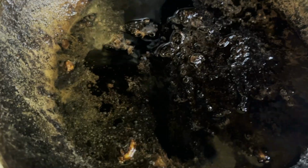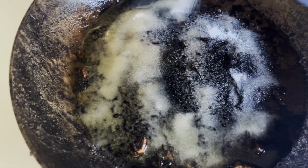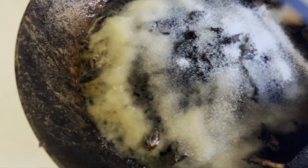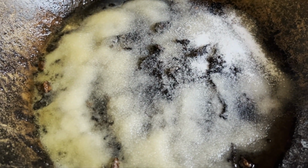So next step, I'm just going to shut off the heat. I'll put some table salt. So I use the cheapest salt for this. For cooking I use Himalayan pink salt, but for this process I'm going to use just plain white salt. It's better to use the coarse salt if you have some. Coarse salt's easier to use for scraping the